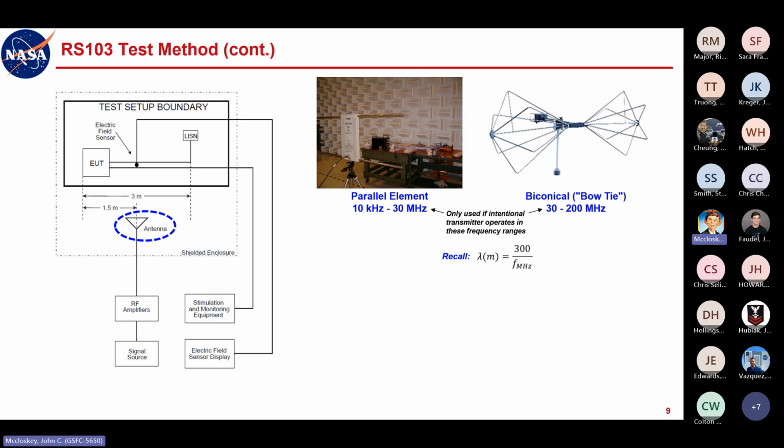So just looking at these numbers here, in the parallel element range, you're dealing with wavelengths of 30 kilometers down to 10 meters. And in the biconical or bow tie range, you're dealing with wavelengths of 1.5 to 10 meters. So at least for the upper end of the parallel element range and the entire range of the biconical, you're dealing with wavelengths that are comparable to typical chamber dimension. And especially when you look at either half wavelength, potential half wavelength or quarter wavelength resonances,